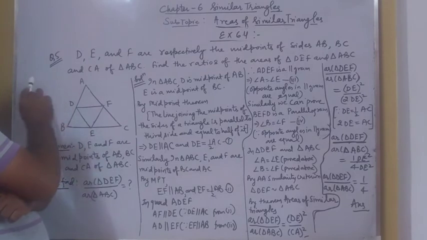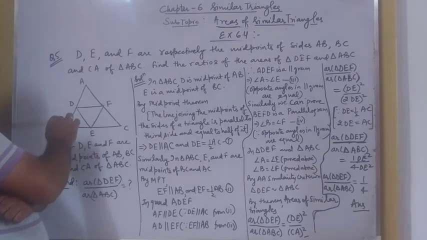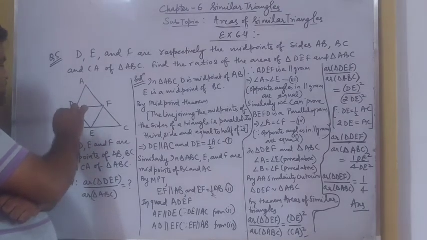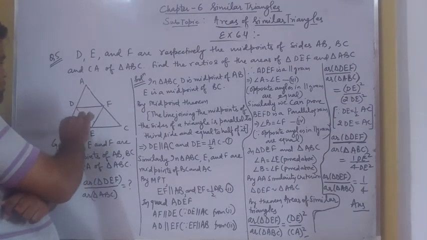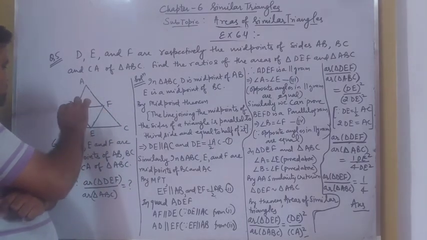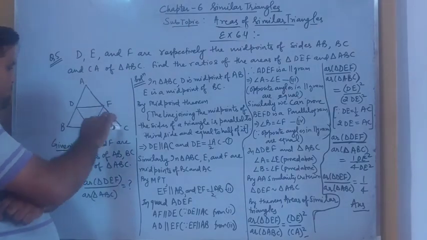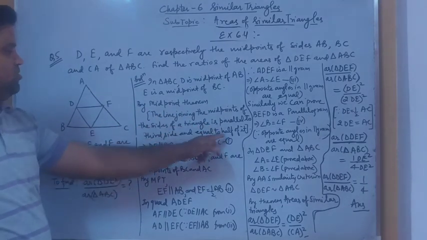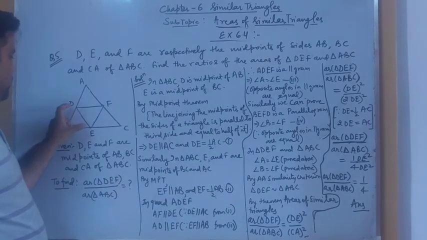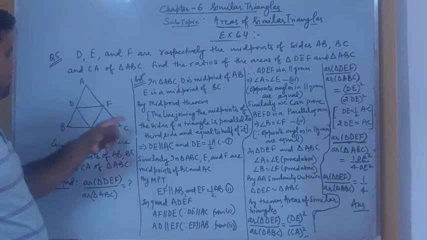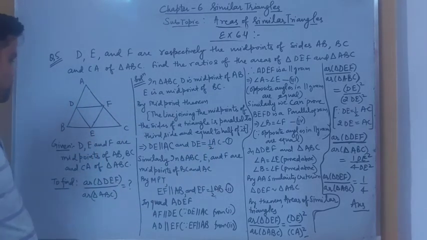If we look at triangle ABC, as D is the midpoint of AB and E is the midpoint of BC, when we join the line DE, by the midpoint theorem we get a line DE which is parallel to AC, and this line DE is half of AC. By the midpoint theorem, the line joining the midpoints of two sides of a triangle is parallel to the third side and equal to half of it. Again I am saying, DE will be parallel to AC, and DE is half of AC by the midpoint theorem. We consider it as equation number first.